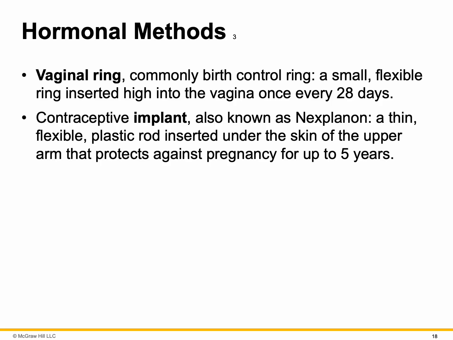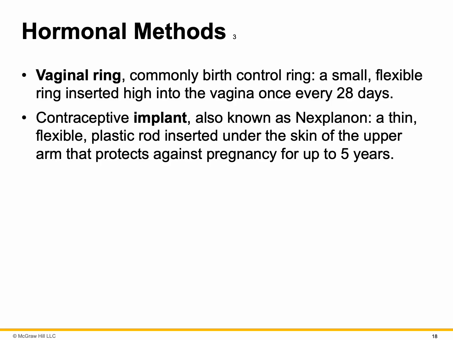Okay, the vaginal ring is commonly referred to as a NuvaRing or birth control ring. It's a small flexible ring inserted high into the vagina once every 28 days. The ring is kept in place for 21 days and then after that removed for 7 days to allow withdrawal bleeding. And last but not least, the final form of hormonal contraceptive methods we'll talk about is the birth control